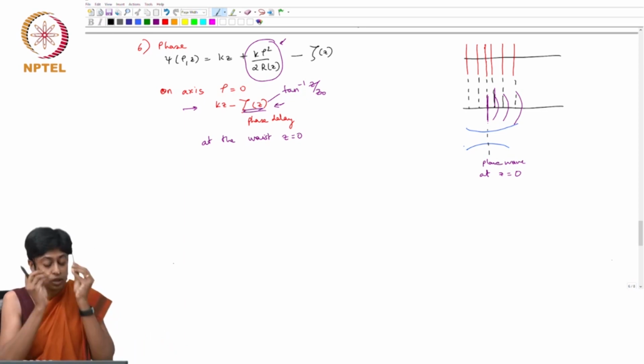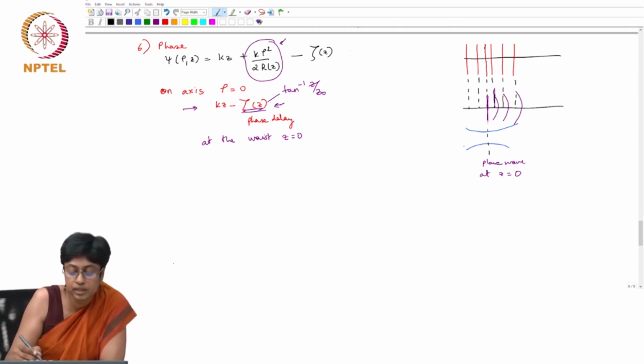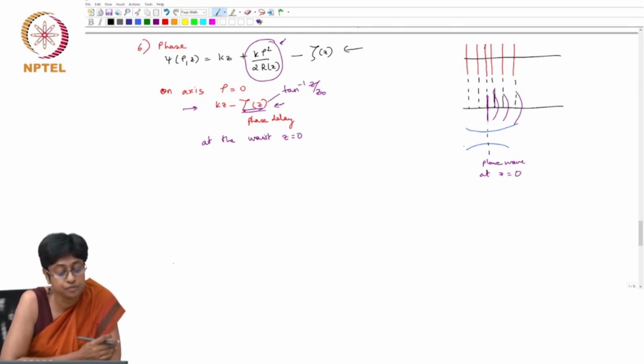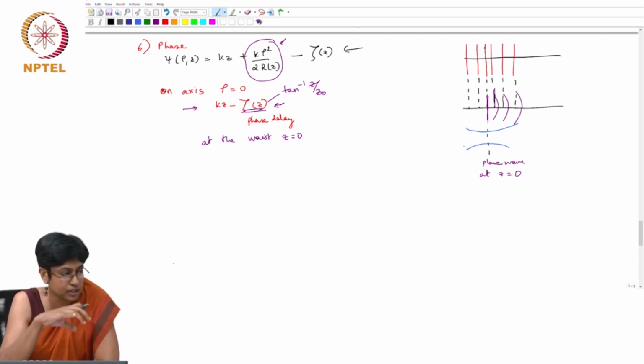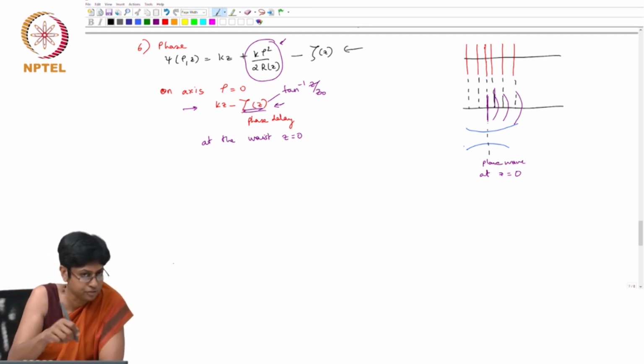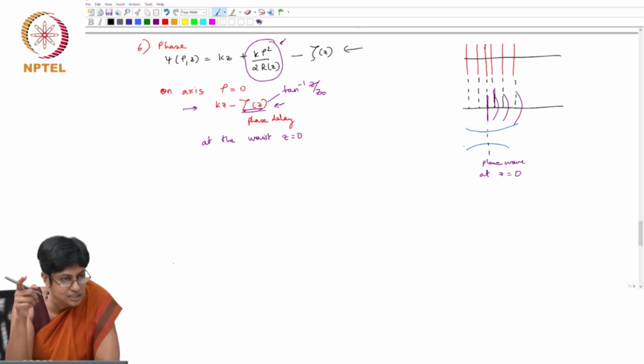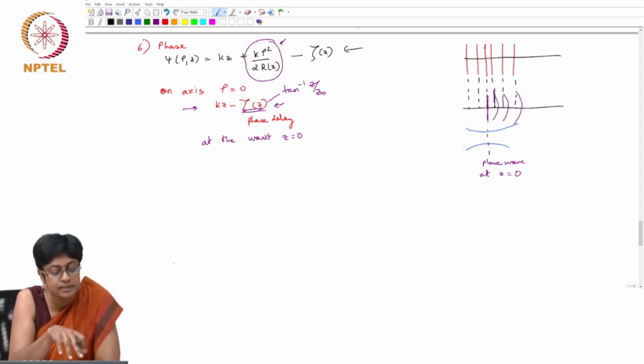Okay, so it's really important to look at the phase of the Gaussian beam, and over here we have written out just the terms of the exponential that indicate the phase. There's actually a minus sign here, right, in front of this. If you look at the expression, it's exponential minus jkz minus k rho squared by 2 capital R plus zeta of z. Okay? But the relative phase is shown correctly here because the signs are relatively correct.